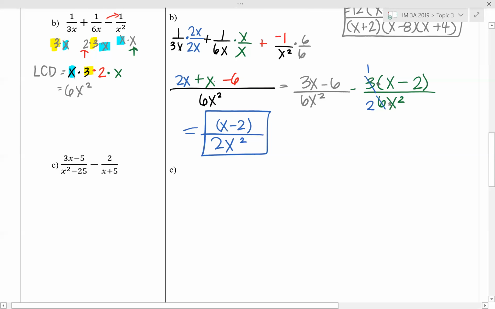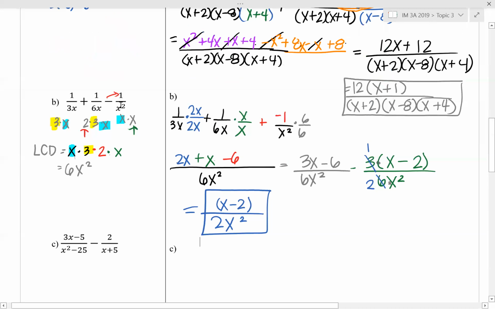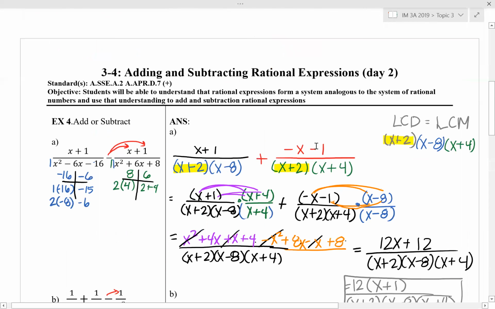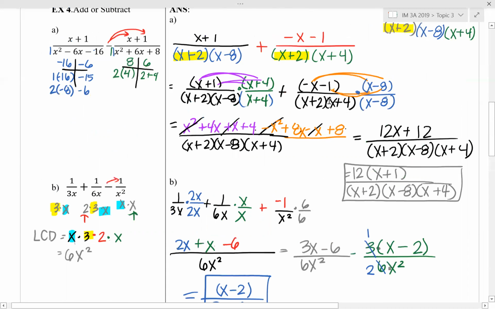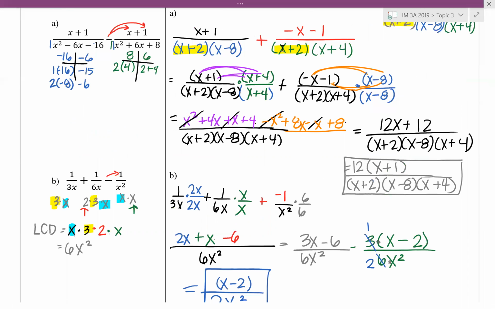So nothing changes between adding and subtracting except for in that first step when we change subtraction into addition by changing the plus and then changing the signs of the numerator. So when there's more than one term, you have to make sure that you don't miss those multiple